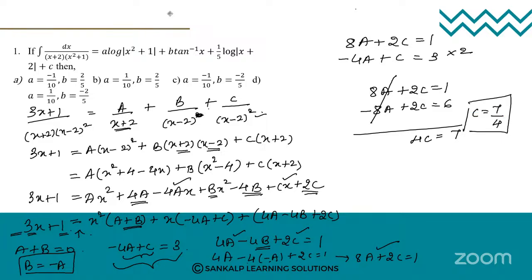Okay, so once you have got C, substitute here, you will get the value of A. I will write these values directly because previously also I had solved this. Sorry, how much was A? A was 5 by 16 and B was